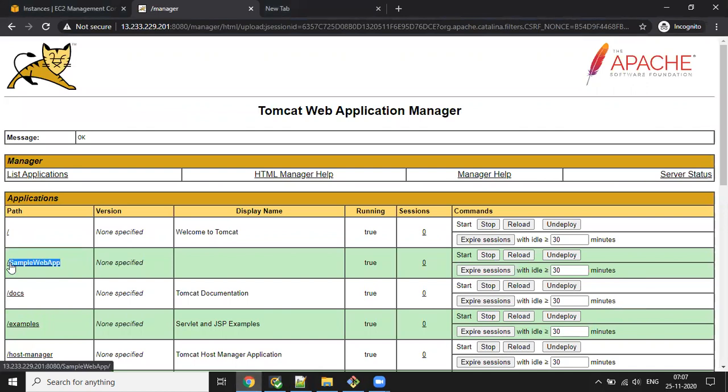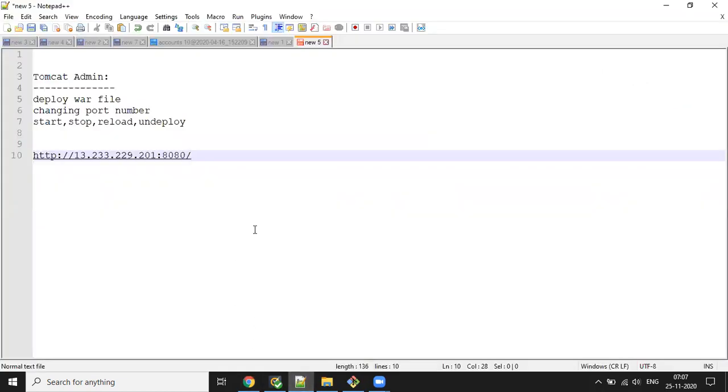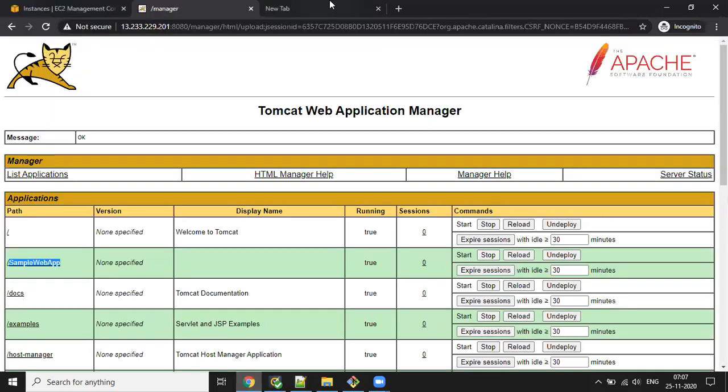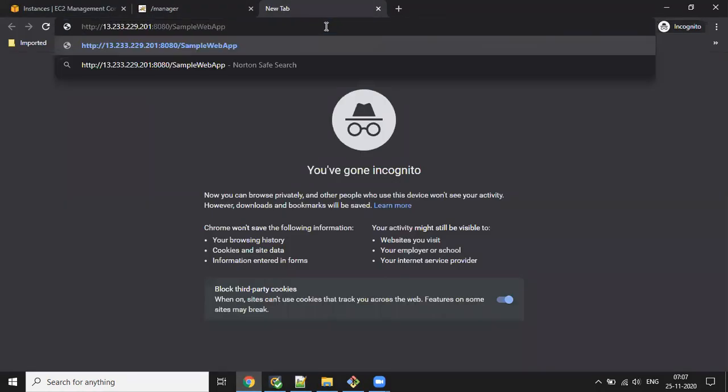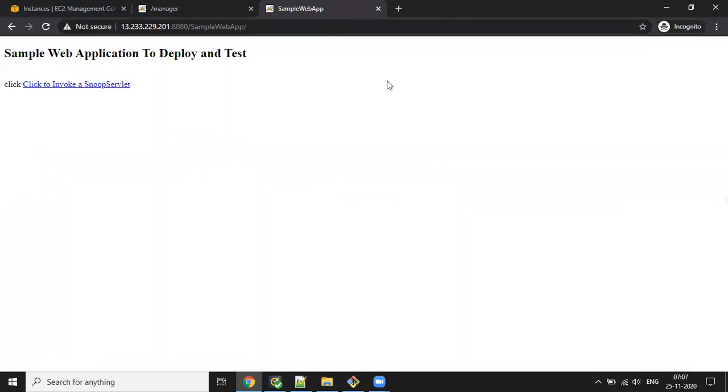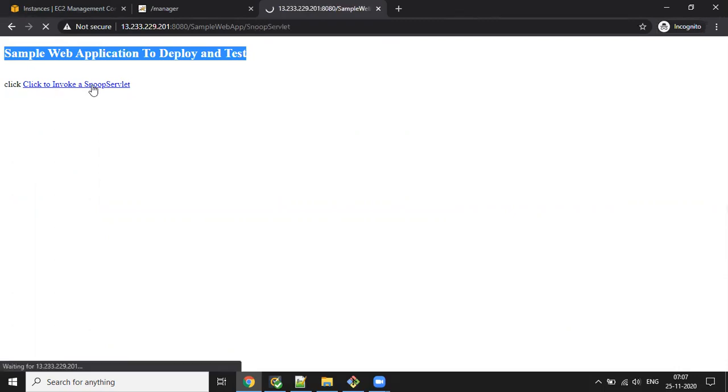Take this copy and try to execute it in a separate tab. See, it is going to the home page. When you click this, it will invoke some server-side content. Wait for some time, then just refresh or run it.